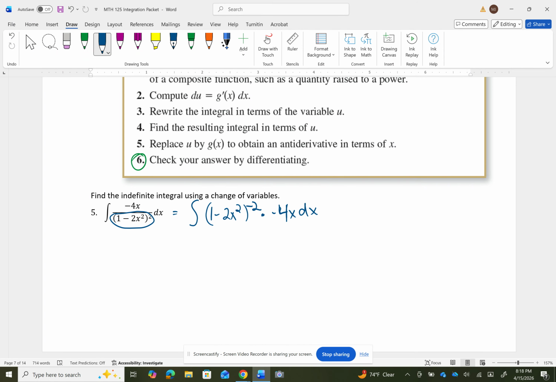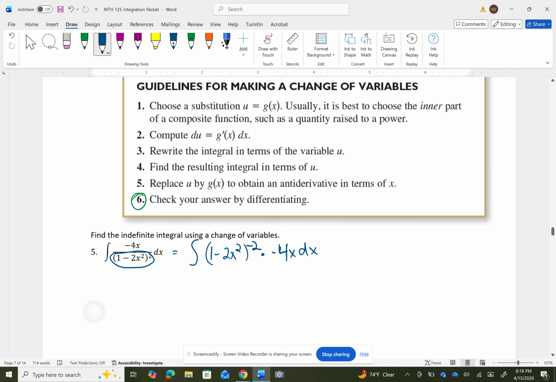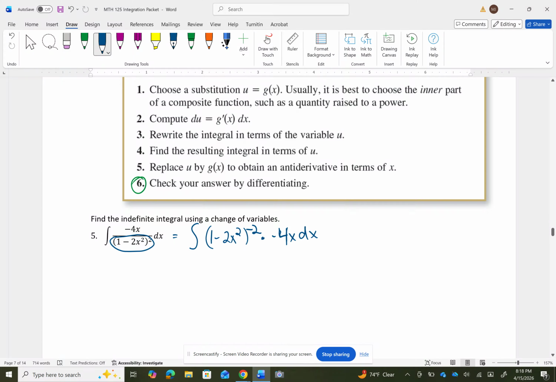So here's the formal process we're going to wind up using. It's called u substitution sometimes, or just change of variables. So what we're going to do is try to simplify the look of this by letting u represent this inside function. So if I let u equal 1 minus 2x squared, I can take the derivative of u with respect to x, and I would just get negative 4x. Now I'm going to write that in differential form by multiplying both sides by dx,